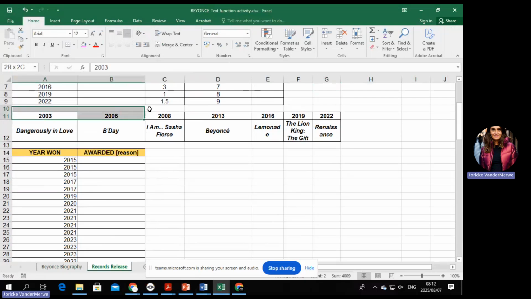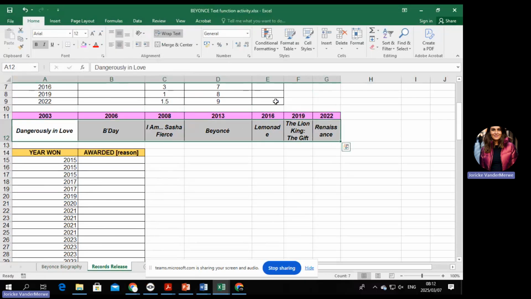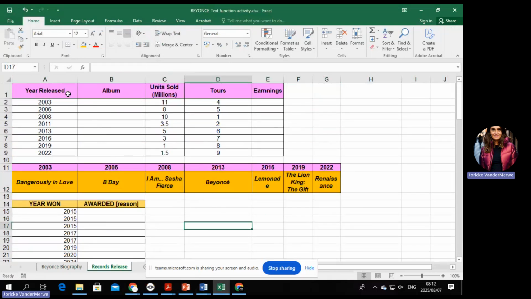An HLOOKUP, remember, will look like this, where you are looking at a specific one and you're looking up another specific one, like that, because this is horizontal. And then obviously when it's vertical, it's going to work up and down like this. But we'll practice it now and then it's going to make more sense to you.